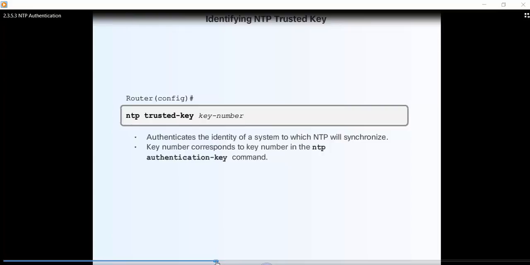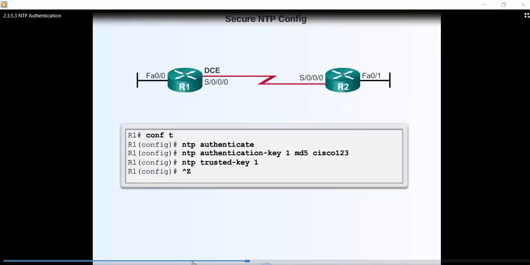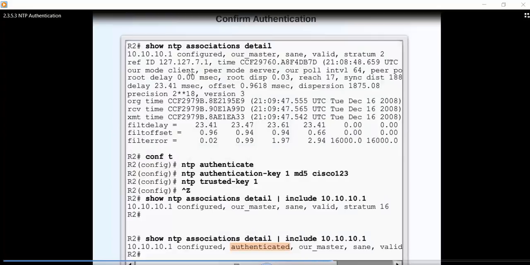So when we use NTP authentication, we use the same key number. We went to global configuration mode and typed ntp authentication-key, then 1, then md5, which is a hashing algorithm, and then the key, cisco123. After that we have to use the ntp trusted-key 1 command. Now if we do show ntp associations, we can see